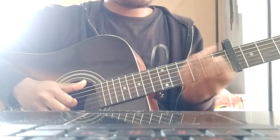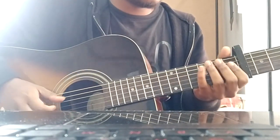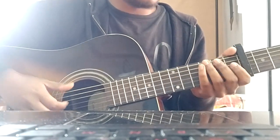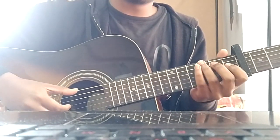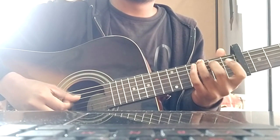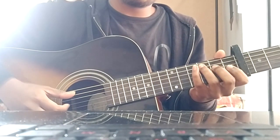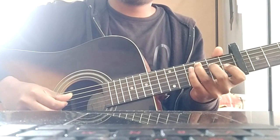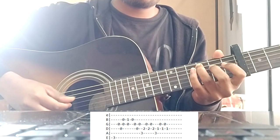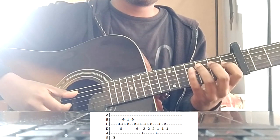Right, so the difference between what we learned in the beginning of the video and what you will be playing for Zalim Samajhta Nahi Hai is this. So it's basically you play what you learned in the beginning of the video first. After you've played that, you will be playing this. Right, so that's what you've played for the chorus, right? And then when you go to your minor, right? So that's